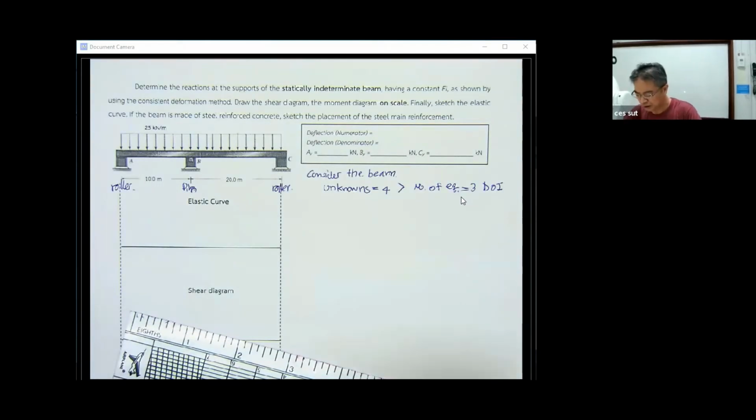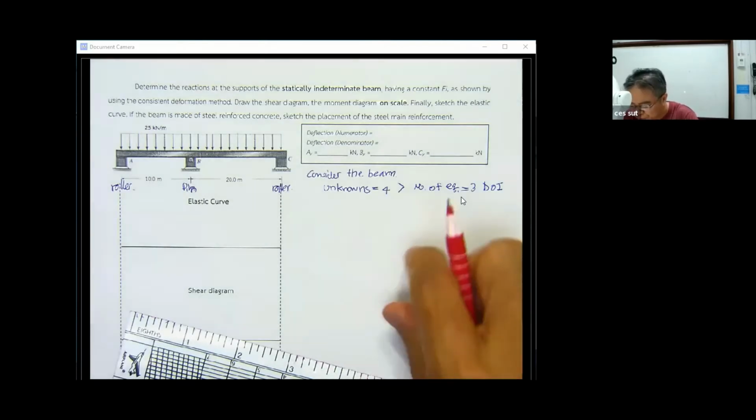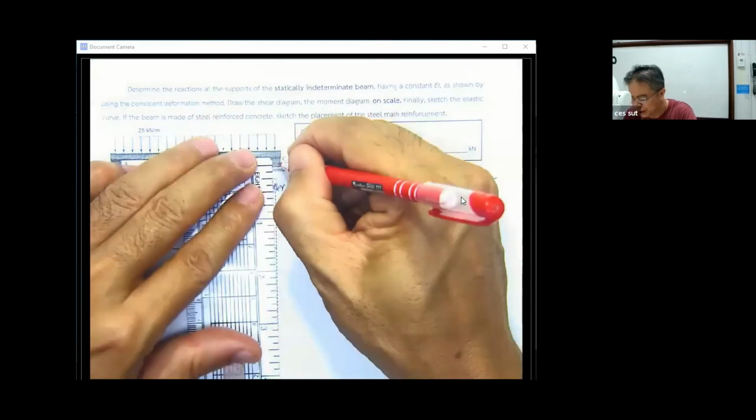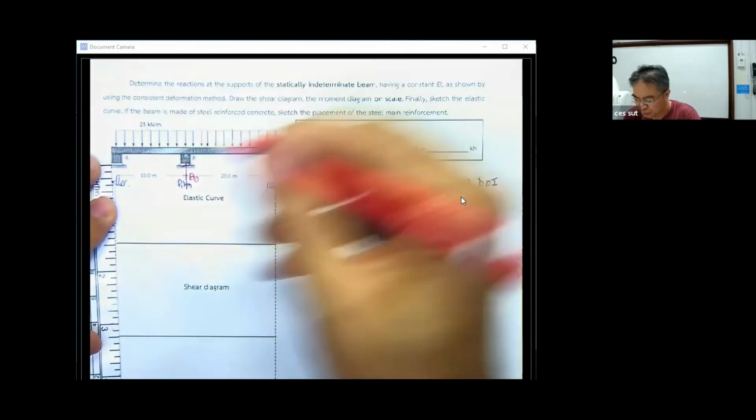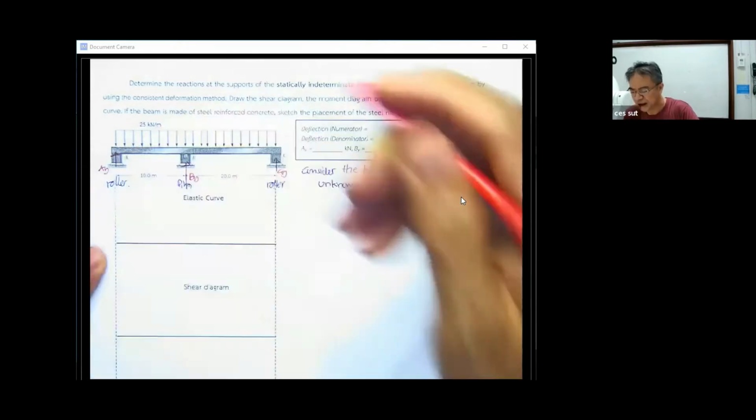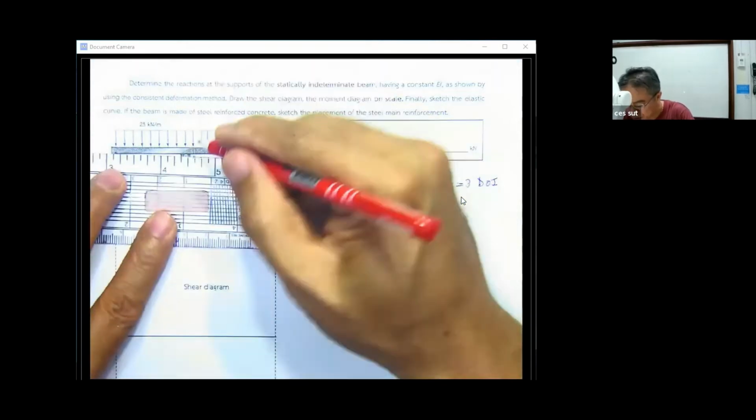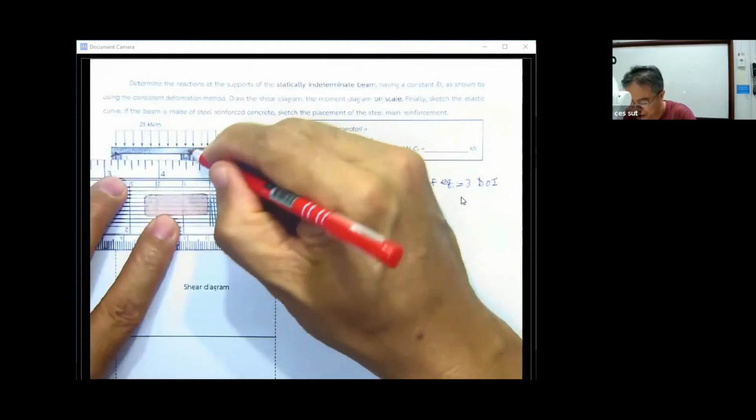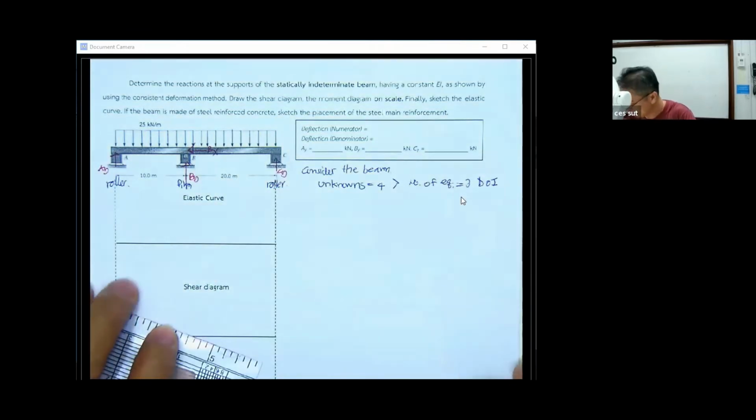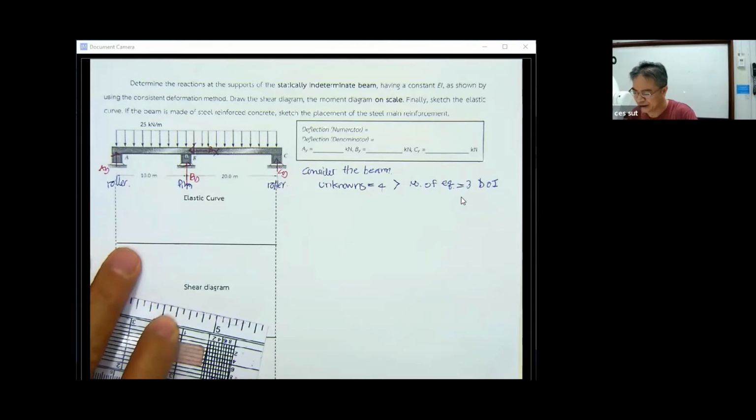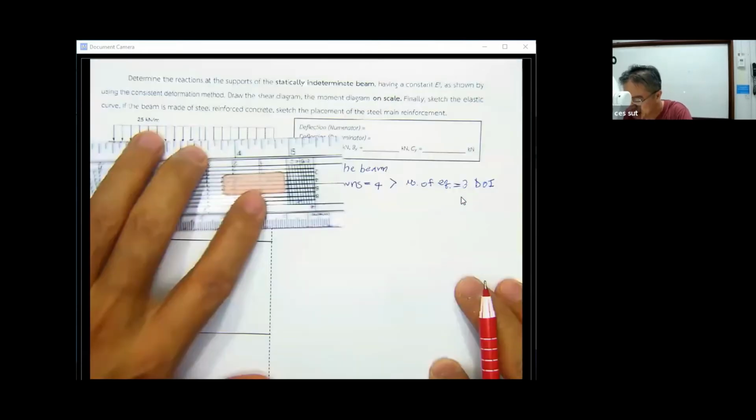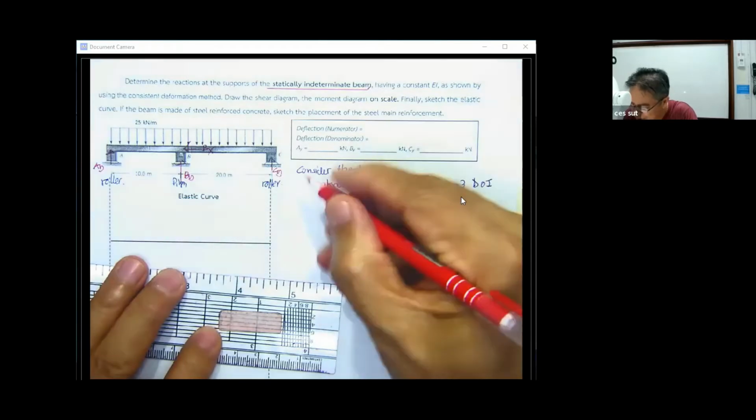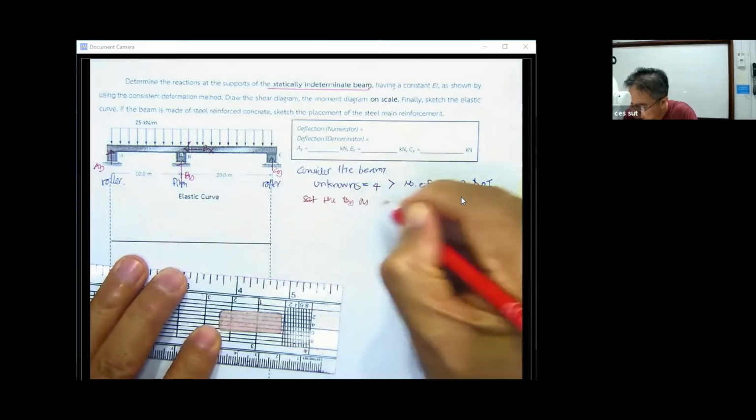And you may put the reactions onto this picture. So we see this is B sub y, this is going to be C sub y, and this is going to be A sub y. Since this is a pin, you also set this one as B sub x. Okay, and after this we're going to select the redundant. This is a statically indeterminate beam. We will set B sub y as the redundant